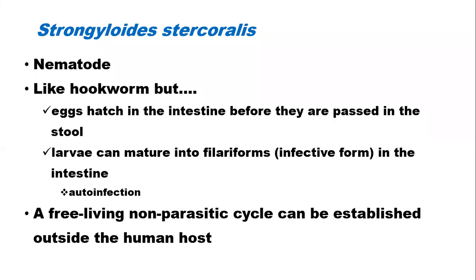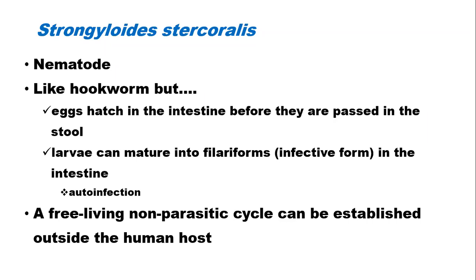Now, we move on to another parasitic agent. This is Strongyloides stercoralis. I think this is the first time I'm going to discuss this with you. During POD, we only discussed hookworm. Strongyloides is another nematode that may be confused with hookworm if we are not skilled enough to know the difference between the larval form. Okay, so if you get the larva of Strongyloides, it's so similar to that of hookworm. However, they are not the same.